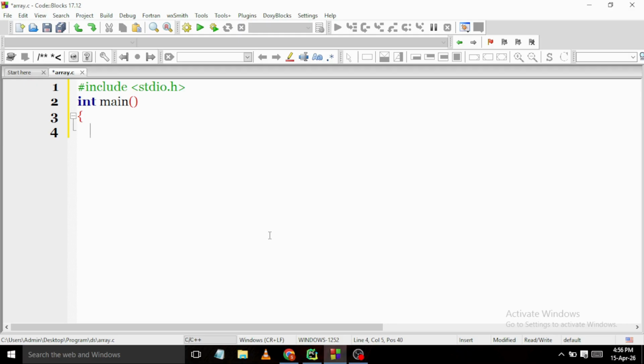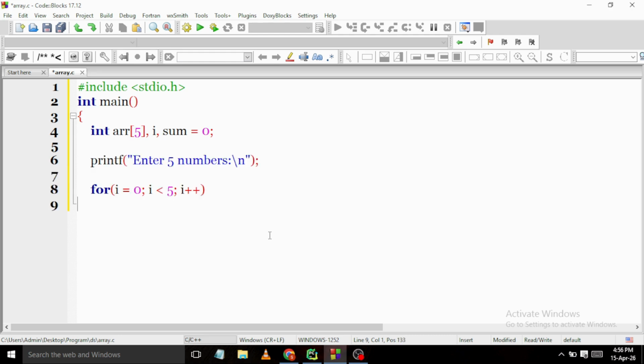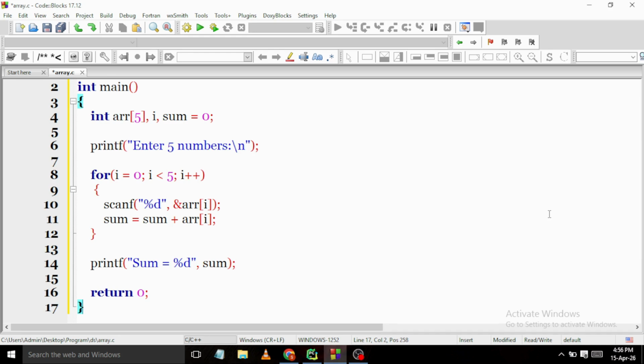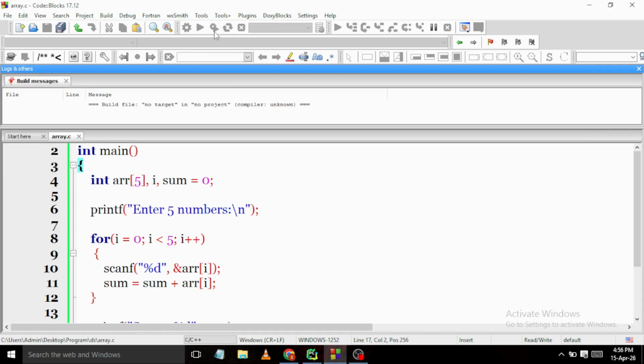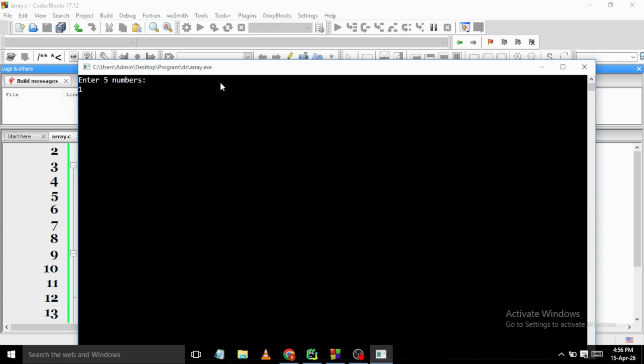This is the program for a one-dimensional array to calculate the sum of array elements. In this, we take an array and find the sum of elements in it. We are adding all elements. Each time the loop runs, a number is added to sum. At the end, we get the total.